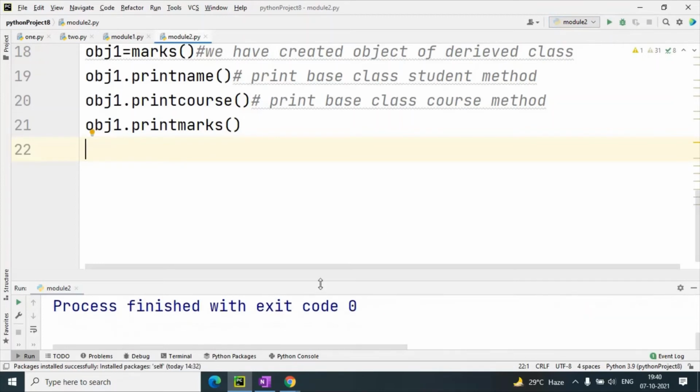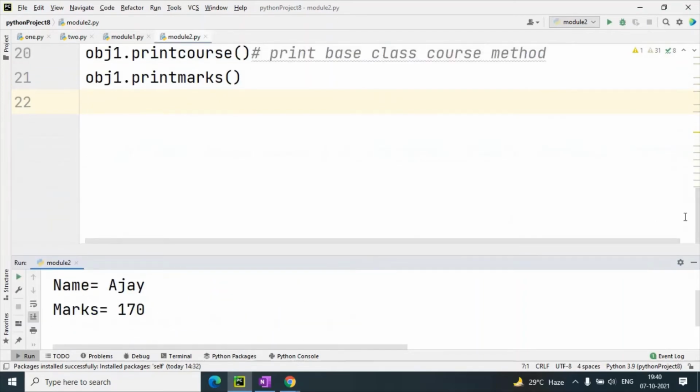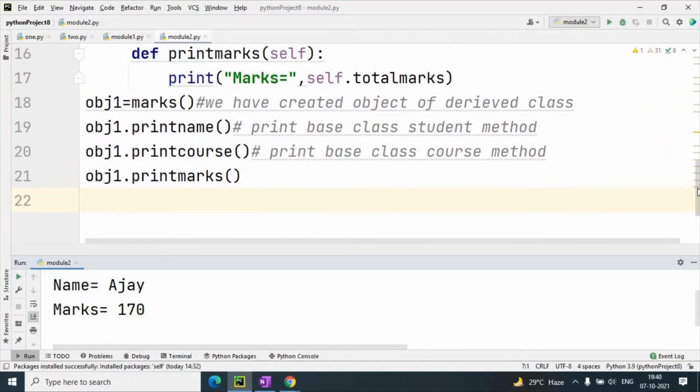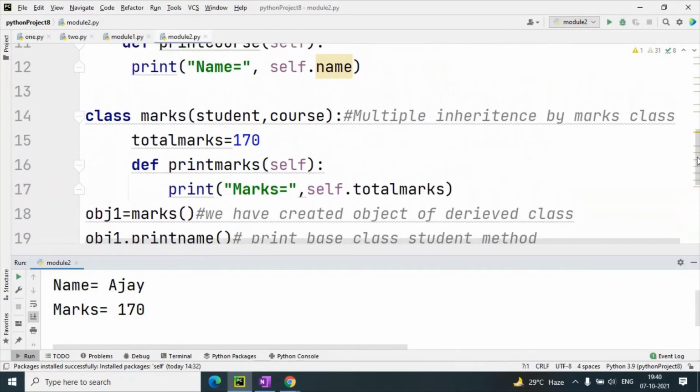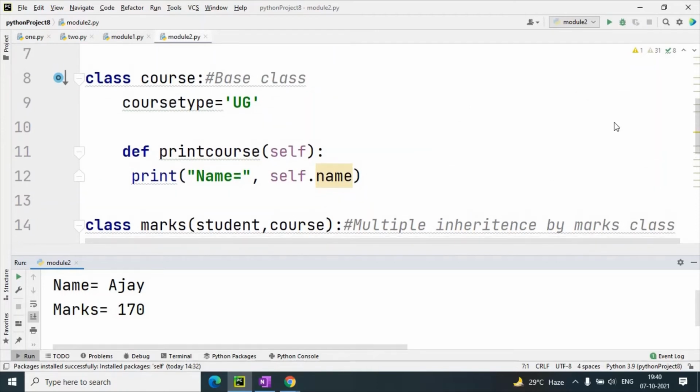So now you can see name Ajay, name marks, name Ajay, why is it printing two times? Print course, in print course what we have taken, sorry, we have written wrong code here.